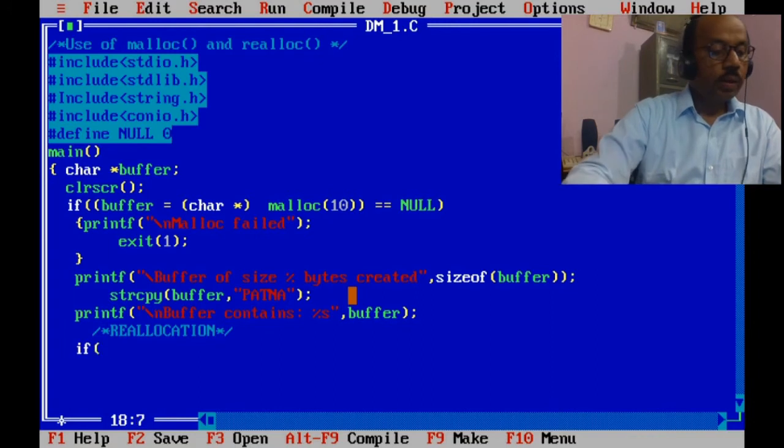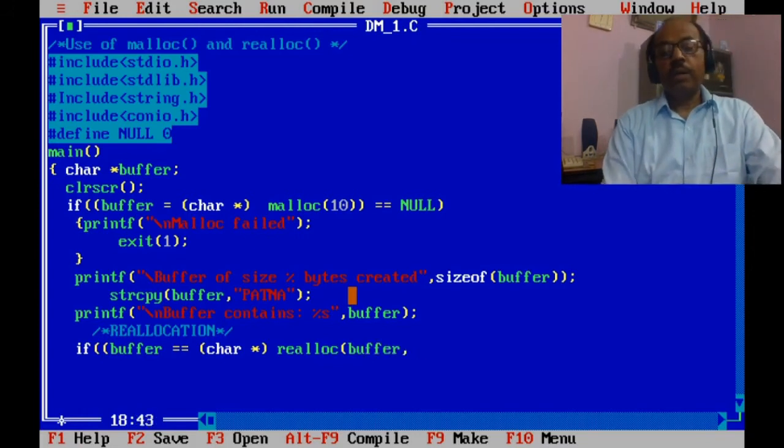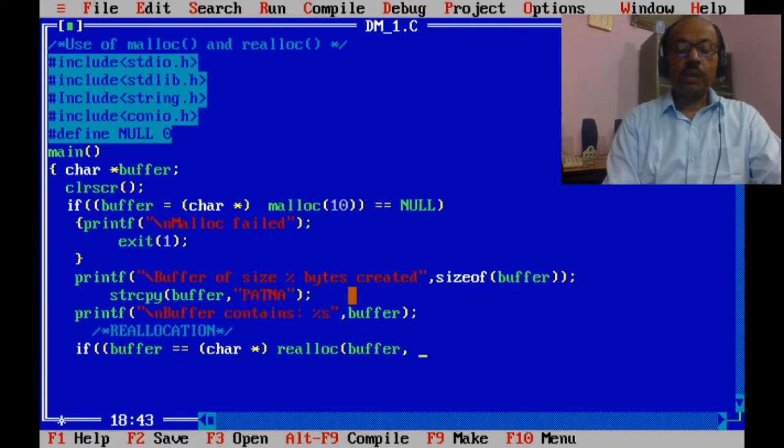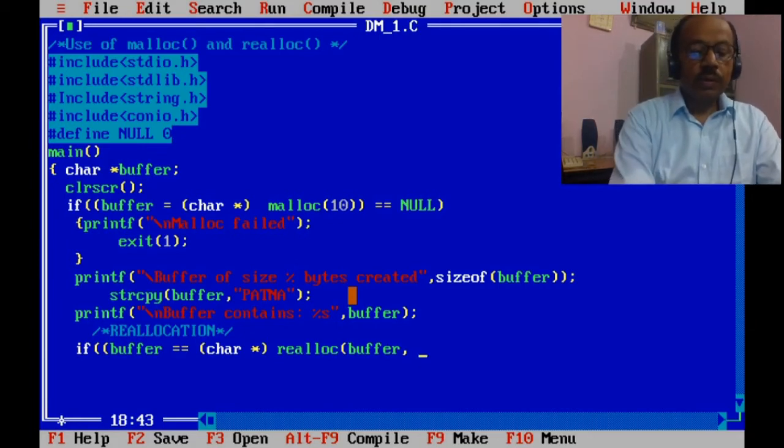Again, if buffer is equal to (char *) realloc buffer. Now we are extending the size of buffer with more bytes. Initially we had taken 10 bytes here. Here we will take 20 or 25 bytes.